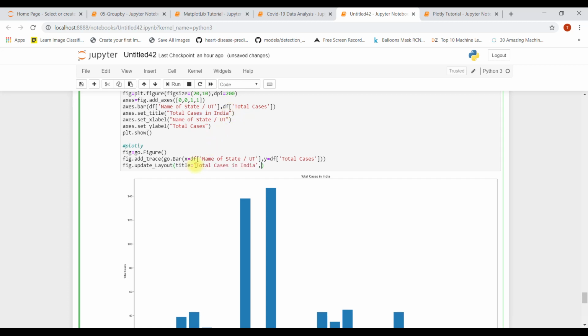But now understand this one: how to give the x-axis label. xaxis equals dict, because it takes a dictionary form. Dict, title equals